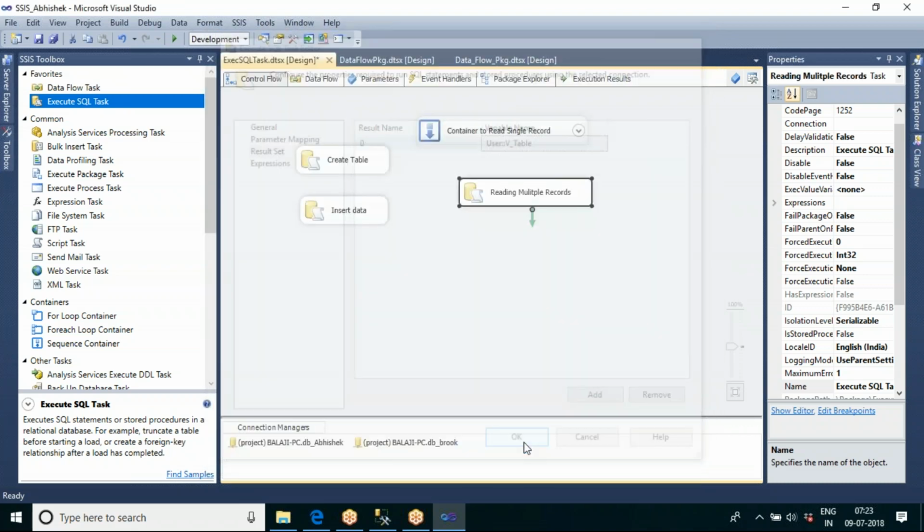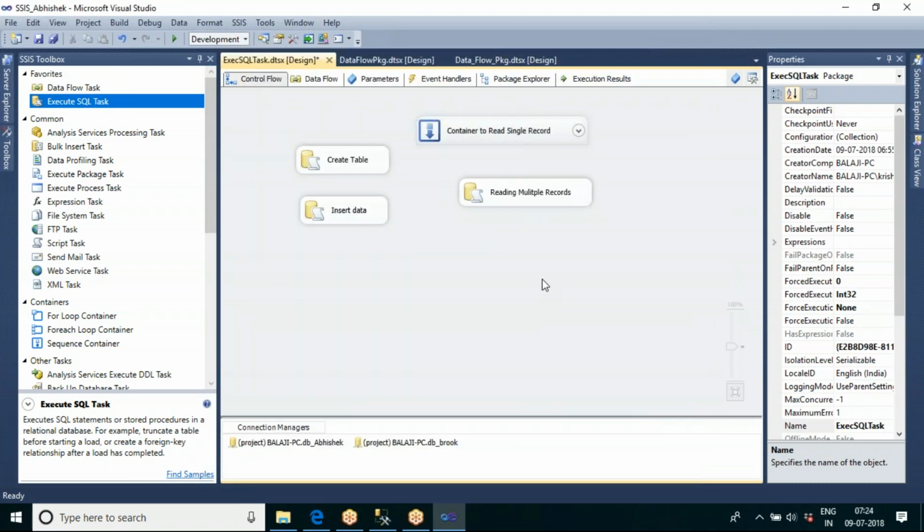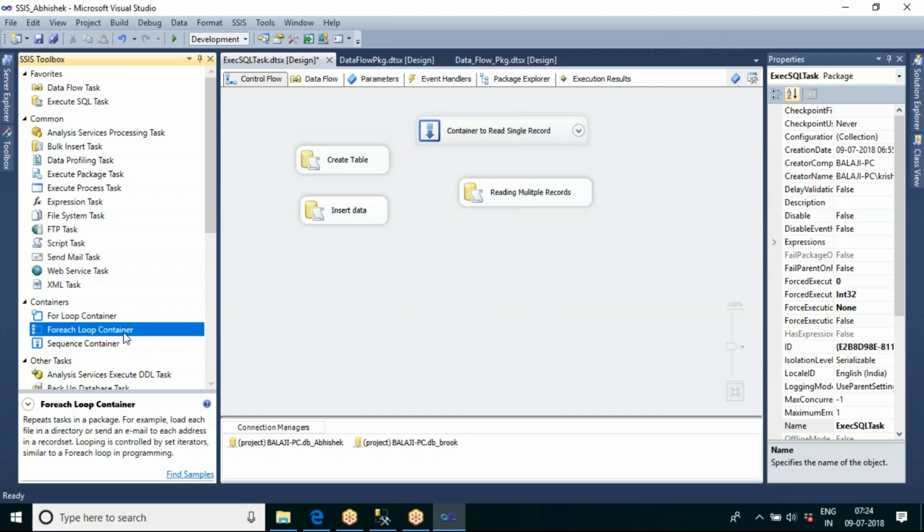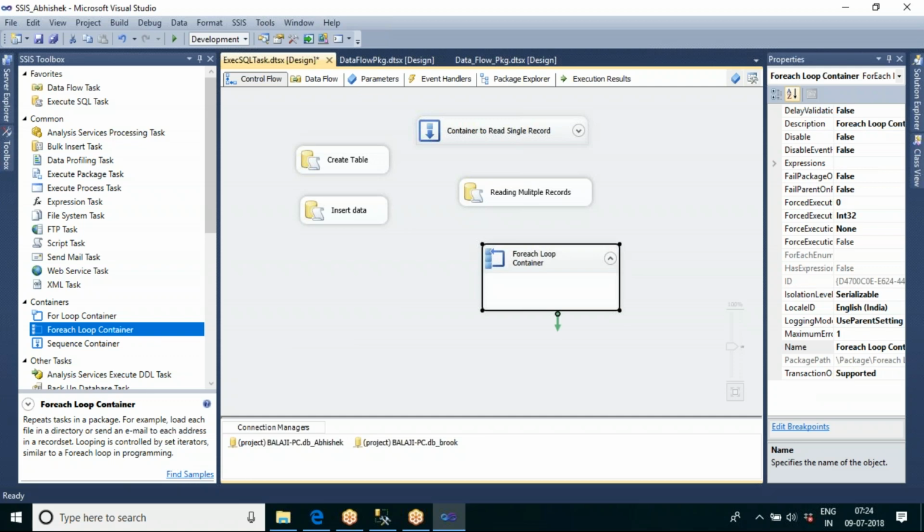Now our duty is to read the data from the table one by one record and put it in the destination table. To read the data from the table one by one, we have to loop. So here, in order to loop, I'm using the Foreach Loop Container.